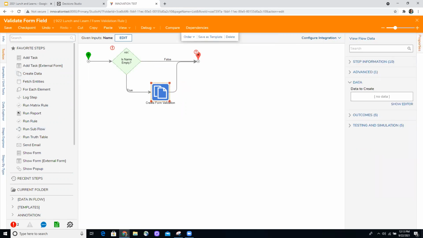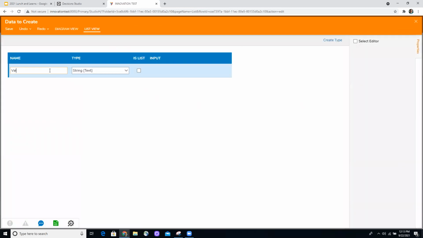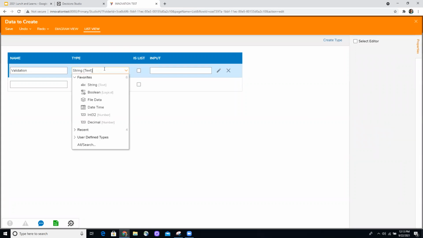So here, we want to create a validation, which is of type form validation issue.